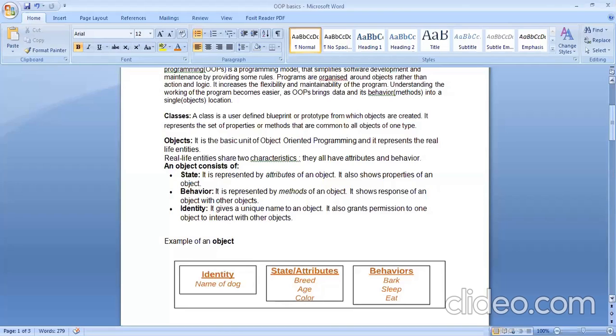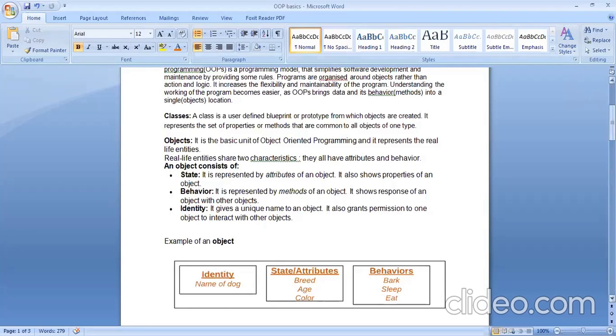Okay, so if you see the examples that I have been giving for so long, everything is related to real life. Object oriented programming does this only, it implements real life applications. It is used to implement real life applications. In real life we see everything as an entity, not as a function. So that is what object oriented programming is all about. The basics that make up object oriented programming are classes and objects.